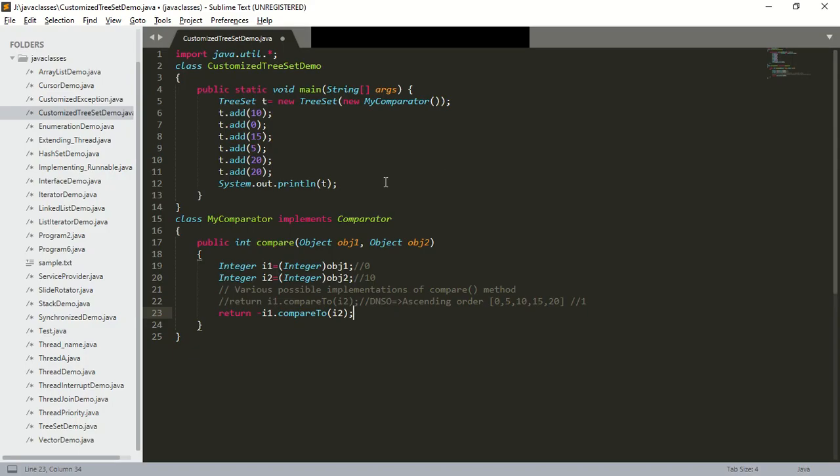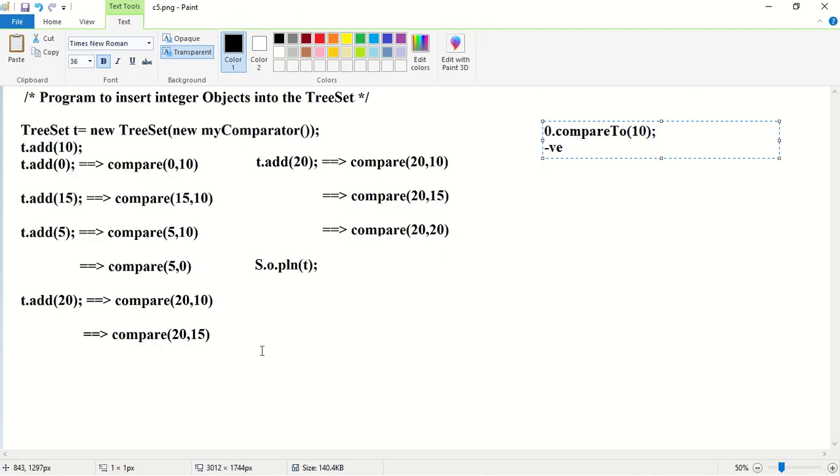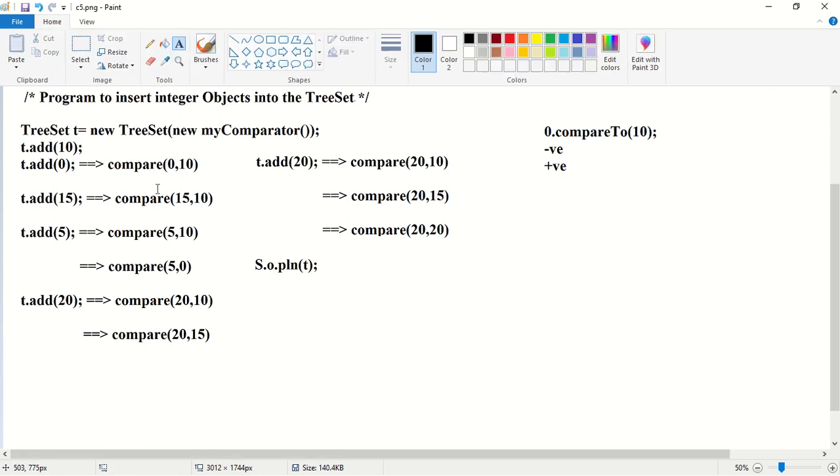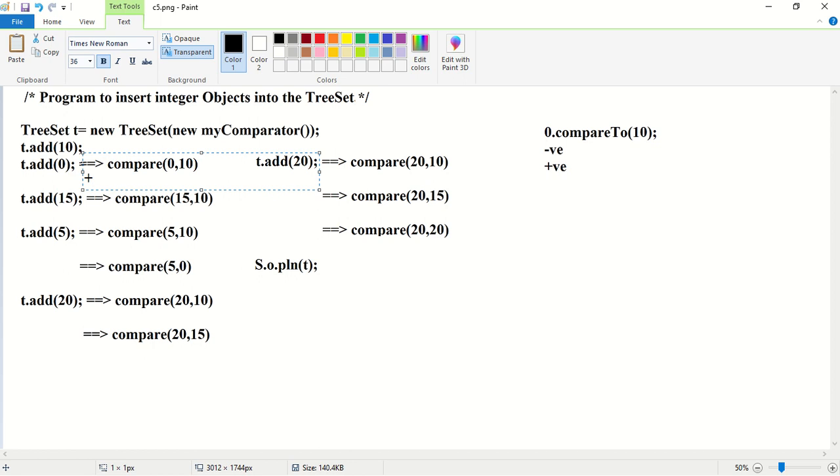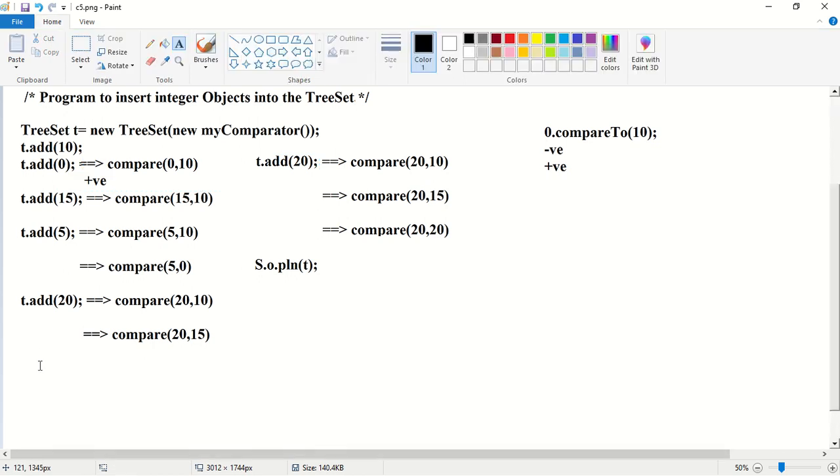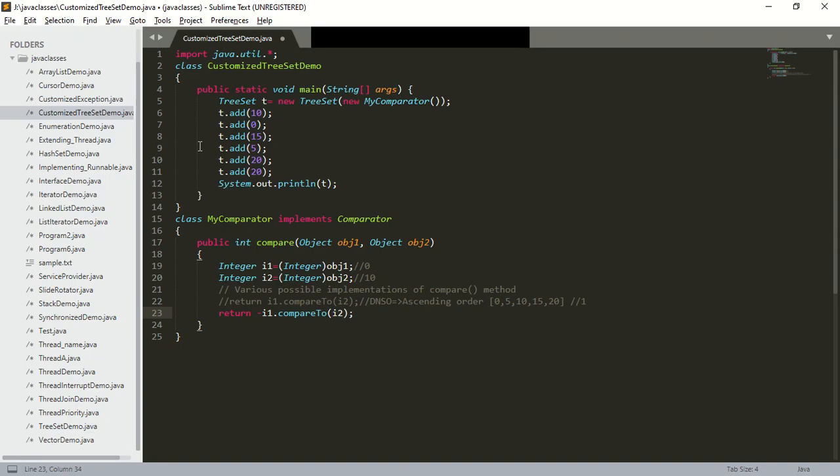So in our program you can observe we already have a negative symbol. So minus into minus, what is it going to become? Minus into minus, it is going to become a positive number. So this compare method is going to return which number? It is going to be a positive number. So if a compare method returns a positive number, what does it mean? If a compare method returns a positive number, that means that the element has to come after. So that is 0 has to come after 10. Since 0 is coming after 10, is it ascending or descending order? It is descending order. So in this case, we are going to get descending order.